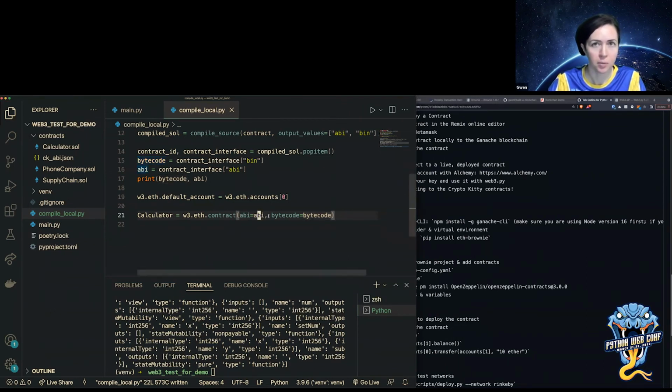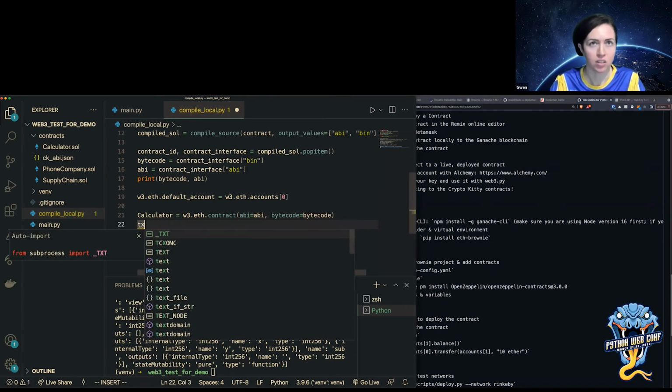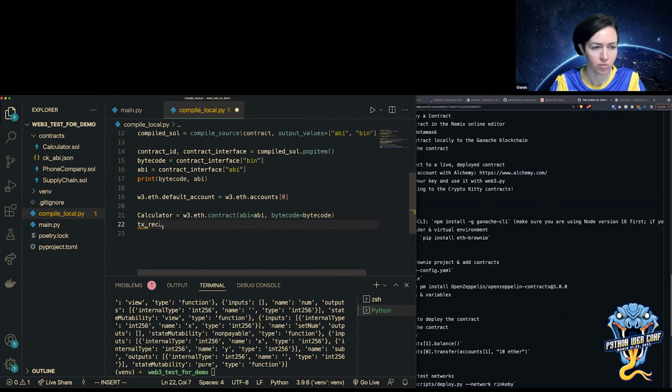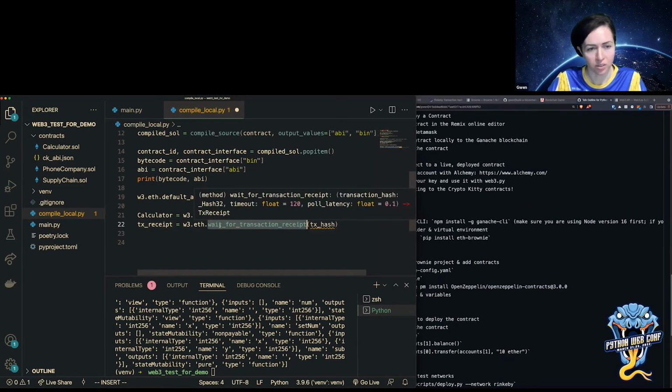And then I have to make a transaction to actually deploy this to the blockchain. So I'm going to make a transaction. That will equal w3.eth, and then I'm going to use this API. There's a couple different ones, but I'm going to wait for the transaction receipt.